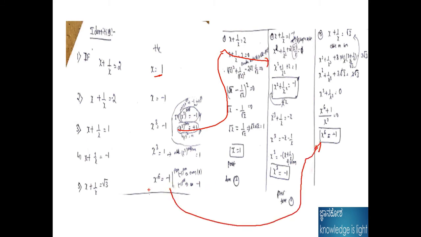We need to know about the formula. If x plus 1 by x is equal to minus 1, then x cube becomes 1, and if x plus 1 by x is equal to 1, then x cube becomes minus 1. If you know this logic, we can easily solve any of the formats. The question will be asking like this only. That's what I mean to say. These are the identities problems. If you know this logic, you can definitely solve any of the problems. Okay, these are the proofs.